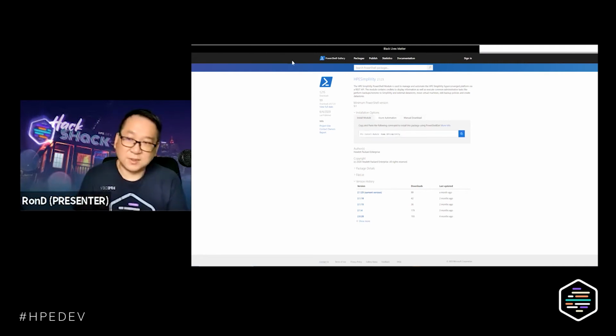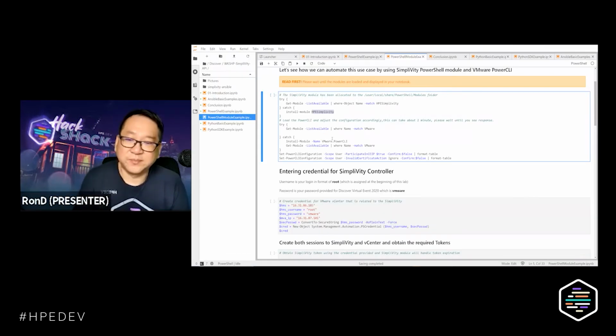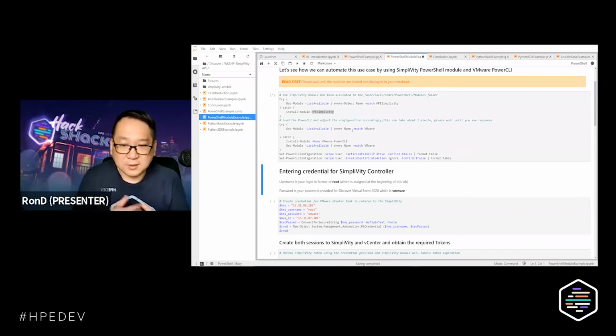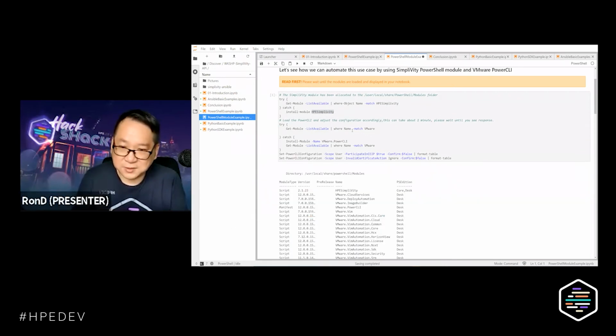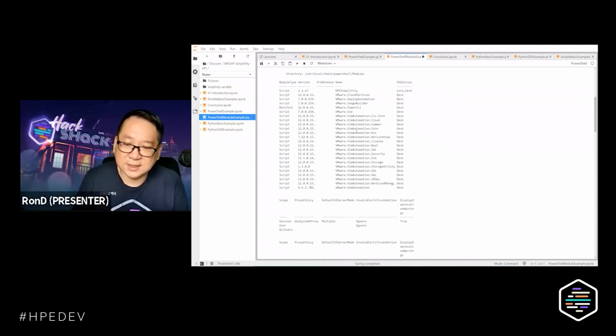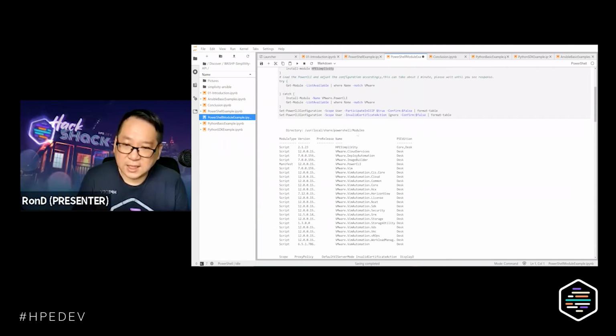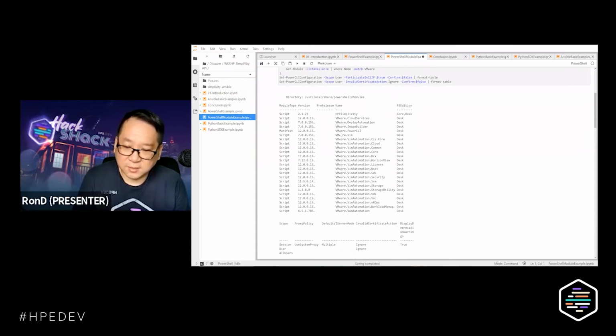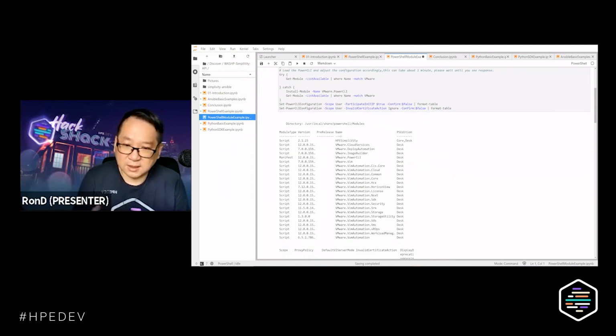So it's available already, that accessible. So how do you load this? This is PowerShell syntax to load those, and those modules actually have been loaded. What I'm trying to do over here is just show you guys the fact that they have been loaded, and all of the modules that are already available.